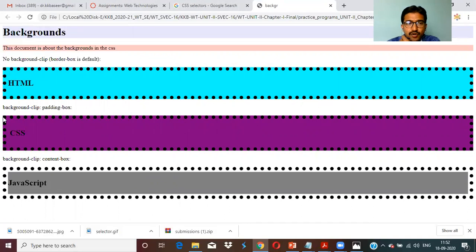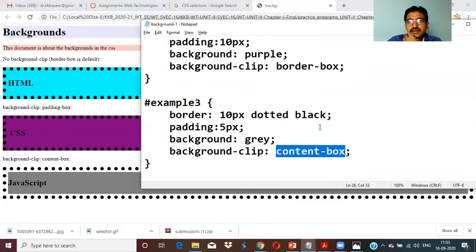But here it is a border box. It is taking the border, the dotted one. It is taking from the dotted. But if you see in the content box, it will not focus on the border. It will be only for the content. Only for the content it is highlighting the color. But here in the CSS, it is making the color purple for the entire border box. So this is called border box: it considers the border included. Here, it only considers the content. That is the difference between content box and border box.